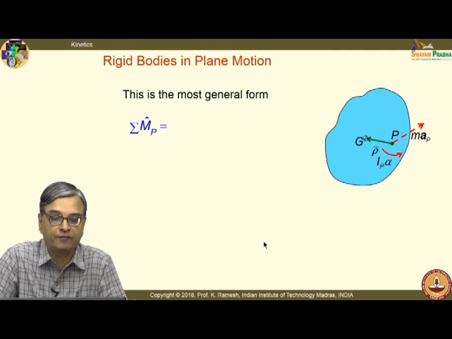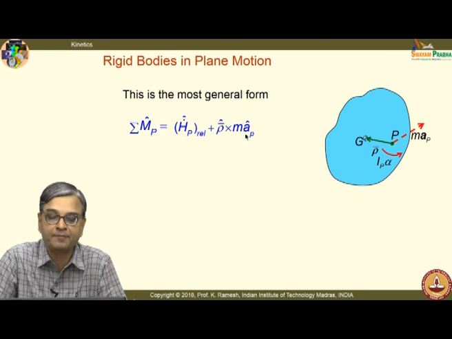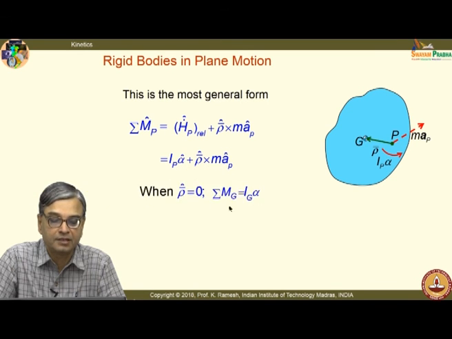And the most general form is this, mp equal to h p dot rel plus rho bar cross m a p, and I can put this as I p alpha plus rho bar cross m a p, and I could look at specific conditions. When rho bar goes to 0,